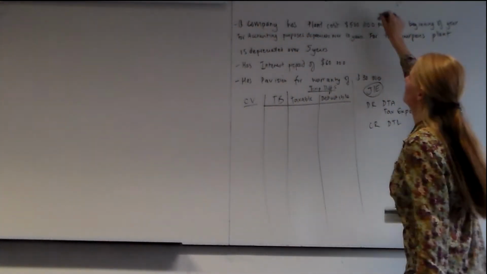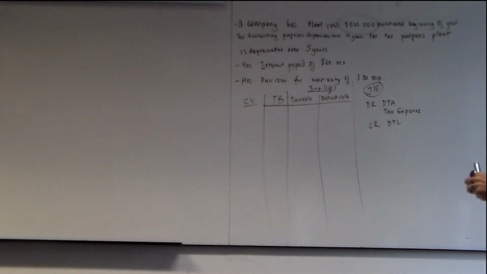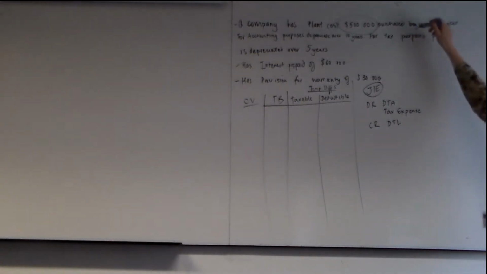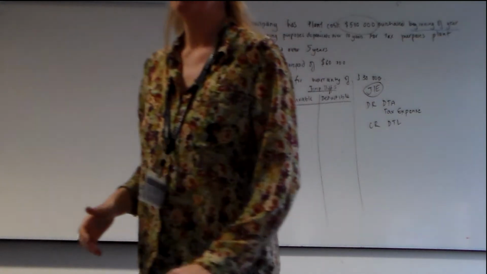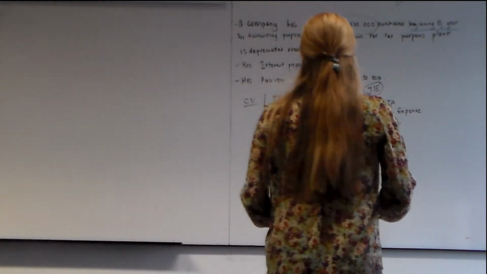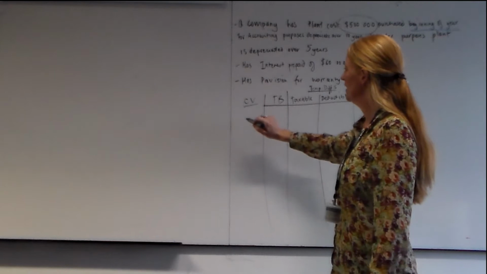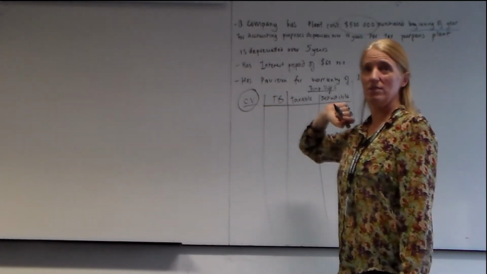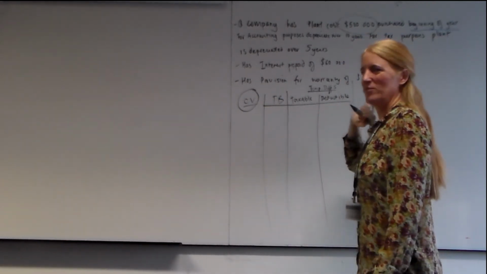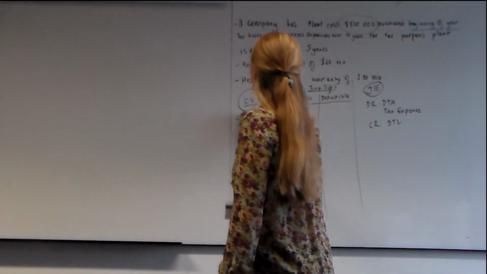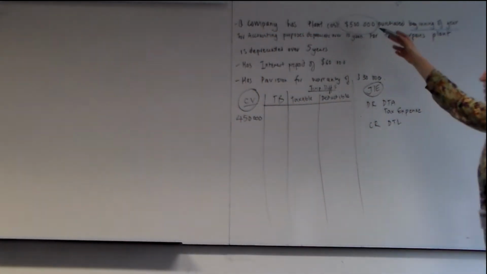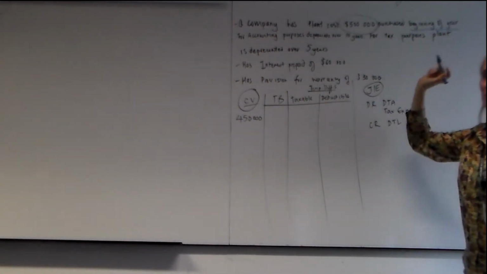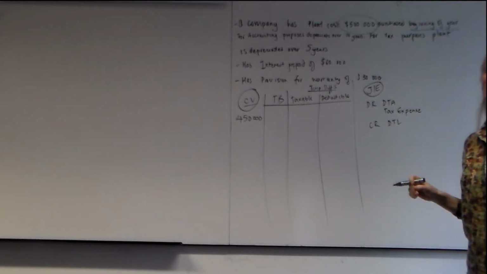A company has a plant costing 500,000. It was only purchased at the beginning of the current year. It is depreciated over 10 years for accounting and 5 years for tax. So what will the carrying value be at the end of the first year? 450,000. Okay, 500 divided by 10 is 50, so the depreciation in the first year is going to be